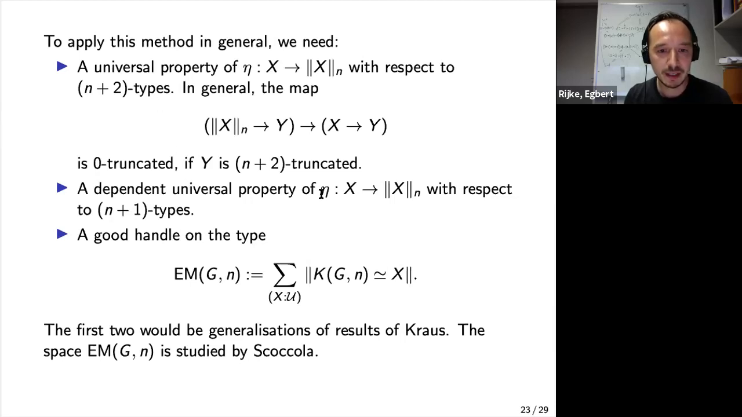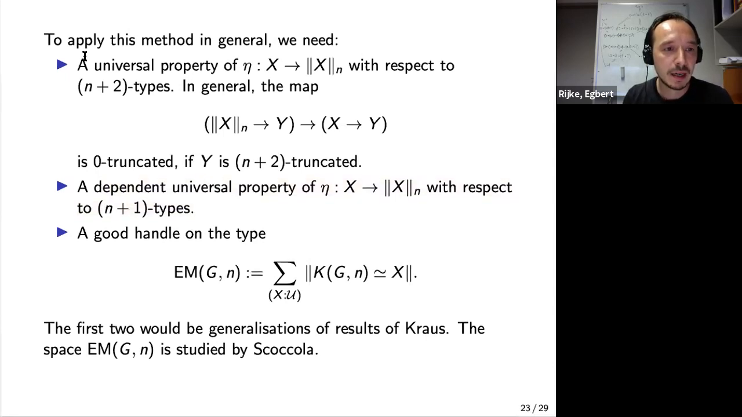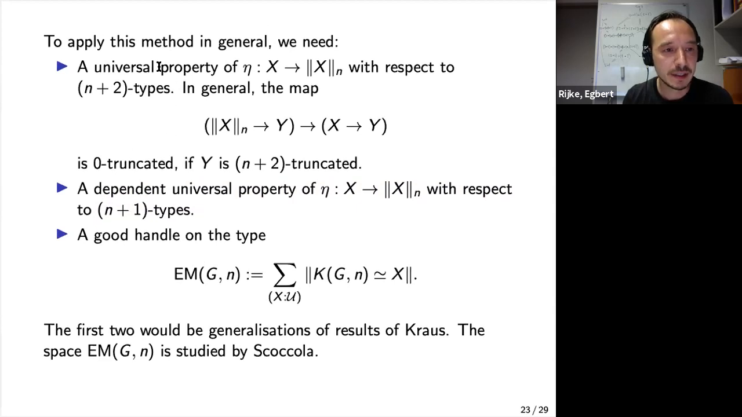I think we also need a dependent universal property of the n-truncation with respect to the n+1 types. I think also Nikolai only did the normal universal property, so it will be nice to generalize it to a dependent universal property. This one is a little easier. I mean, about both of them, I have ideas about how to do it. I was just not ready to show it in public yet. And we need a good handle on the type of types that are merely equivalent to an Eilenberg-MacLane space. And this type was studied by Louis Kokolai in his paper on the nilpotent types. So there are some hints there about